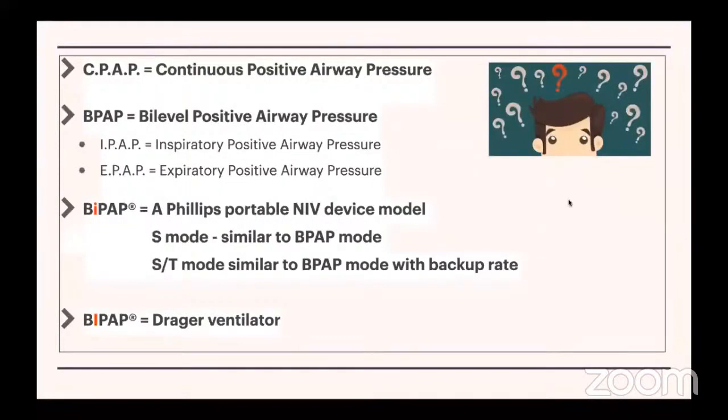We proceed to discuss the modes of non-invasive ventilation, the basic modes. There are certain terminologies which need to be discussed. There is a lot of confusing terminology. Now, BPAP generally means bilevel positive airway pressure and consists of IPAP and EPAP, which are inspiratory and expiratory positive airway pressure. Now, BiPAP with a small i is actually a brand of the Philips portable NIV device model, which has an S mode similar to BPAP and an ST mode similar to BPAP mode with a backup rate. And BiPAP with a capital I is a registered trademark of a Drager ventilator, which is actually mostly used for